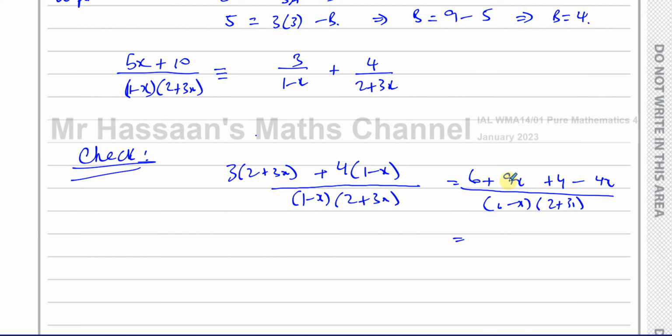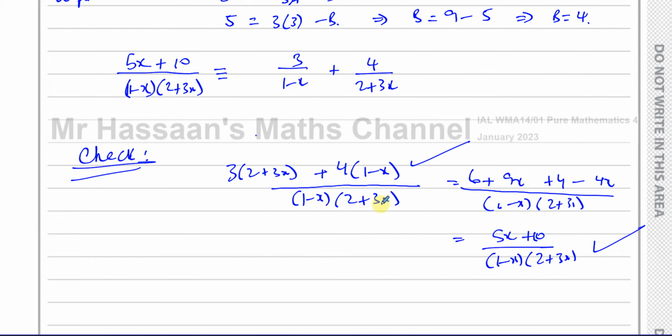So you end up with 9x minus 4x, which is 5x, 6 plus 4, which is 10, 10 over 1 minus x times 2 plus 3x. And that's exactly what we started out with. So we know that this is correct, that we've done this correctly. So that's just a quick little check you can do just to make sure that you have done the right